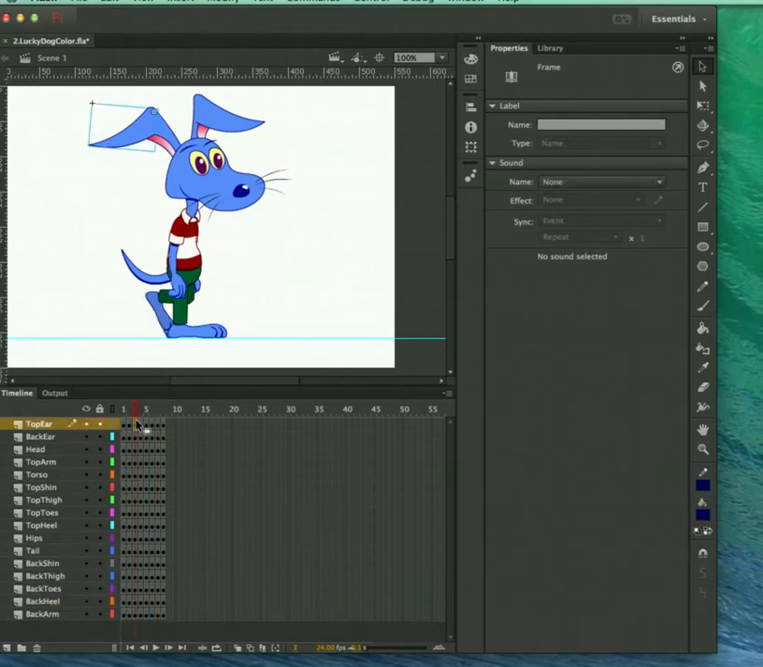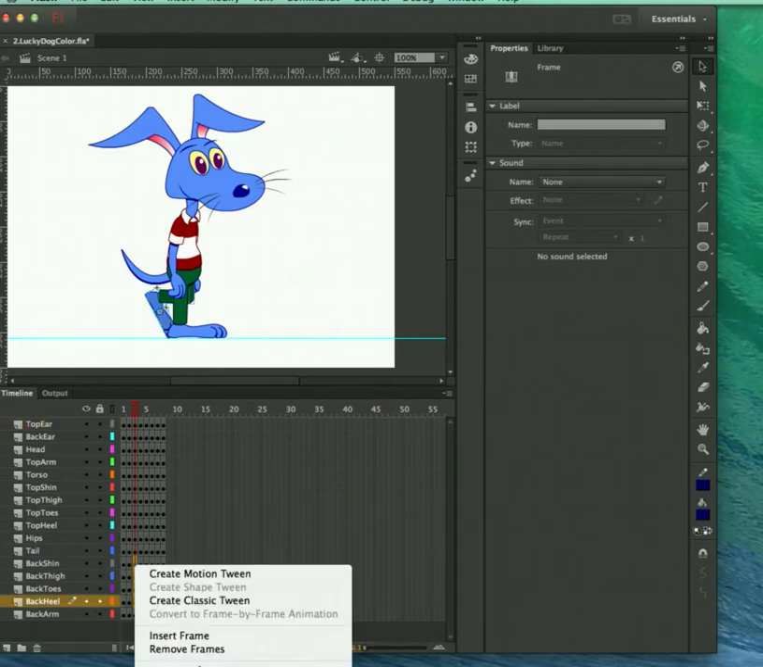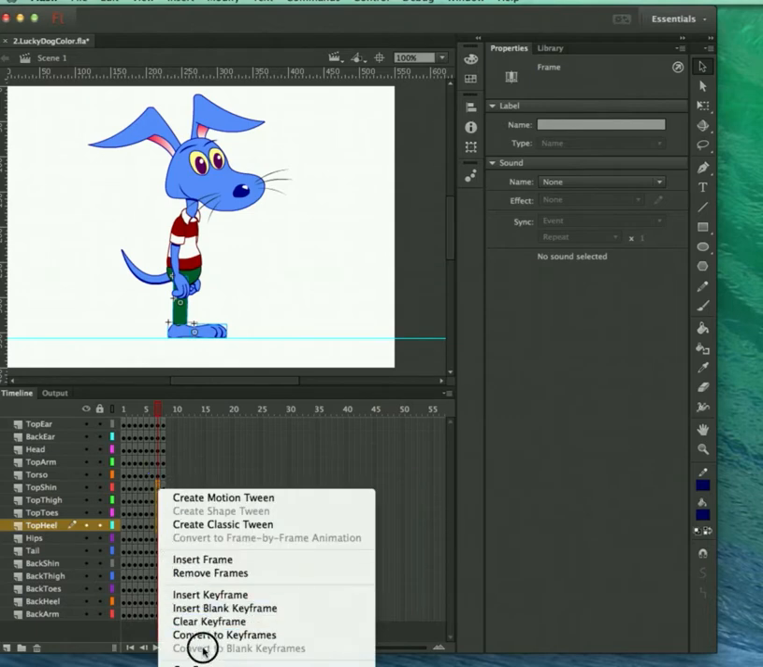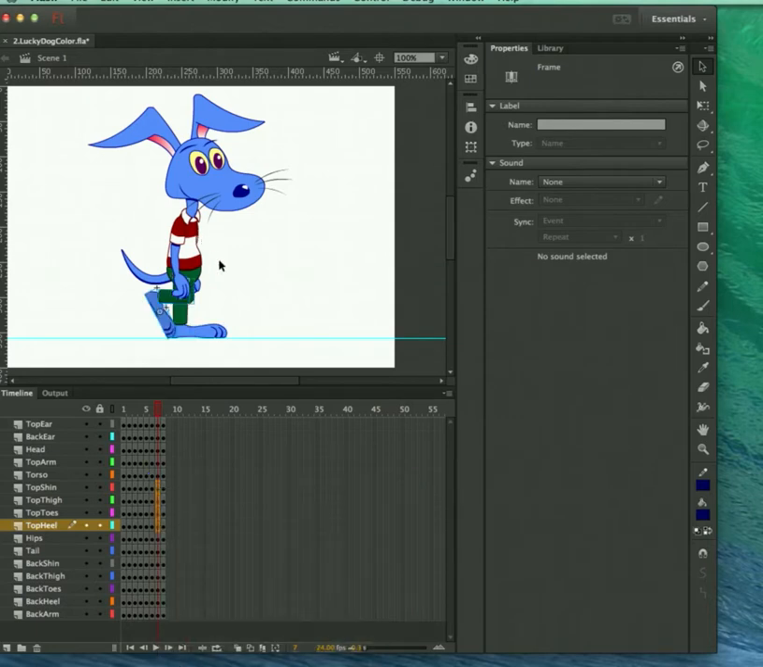Okay, now I go back to frame 3. This time I will select back, shin, thigh, toes, heel. Control press, copy frames. Back to frame 7. This time I'll select top, shin, thigh, toes, heel. Control press, paste frames. Okay, and so now the legs are in the opposite position. I need to change the brightness. I'll deselect, I'll select them again. There we go,